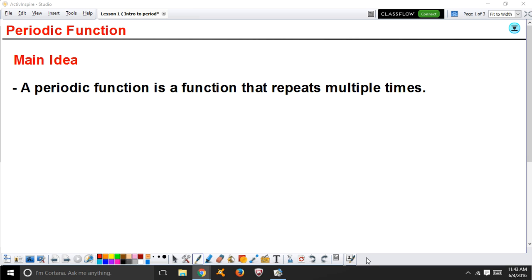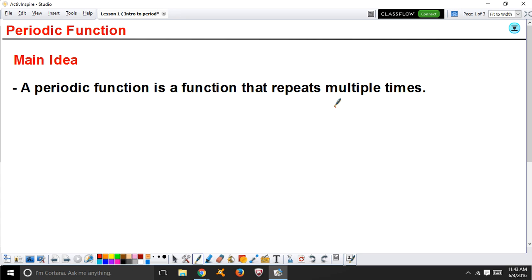Today's lesson is going to be about periodic functions. The main idea here is that a periodic function is a function that keeps repeating multiple times. It's a function that has a pattern, and that pattern is going to continue to repeat over and over again. We have plenty of examples of periodic functions in trigonometry, which are sine, cosine, tangent, and other